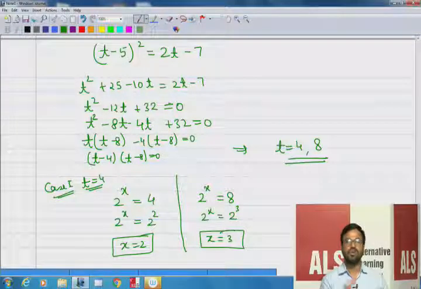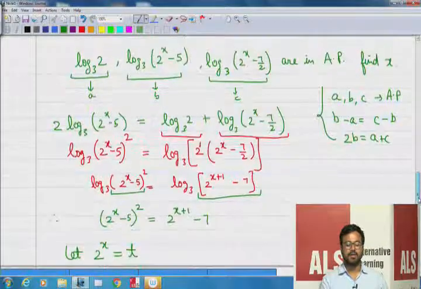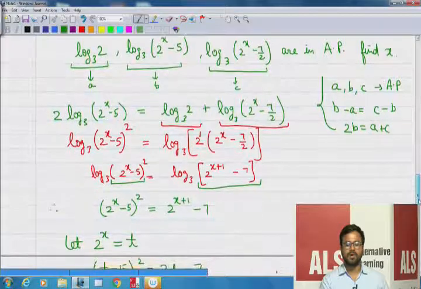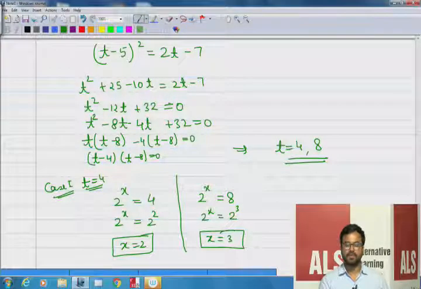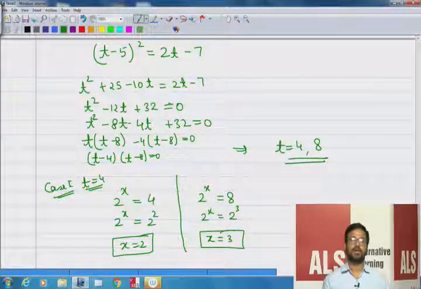I have told you we have to go back to the original equation and check whether these two values of x are possible according to this equation or not. So our equation was this thing, log of 2 power x minus 5. So this was the expression. Now in this expression, if you put x is equal to 2 in this one,